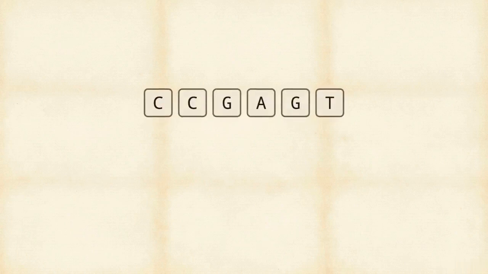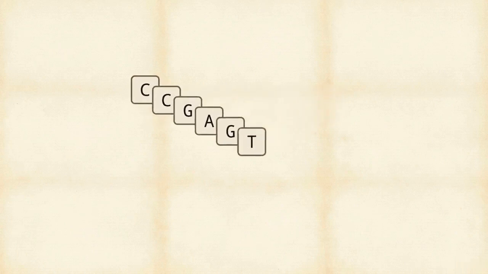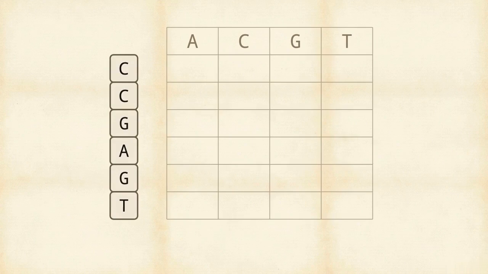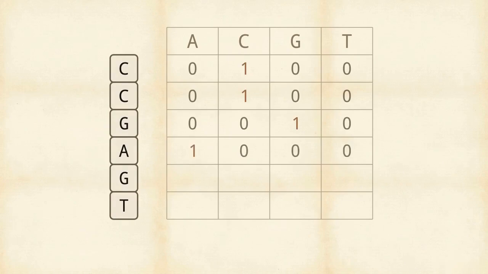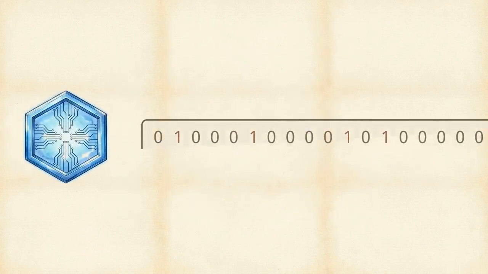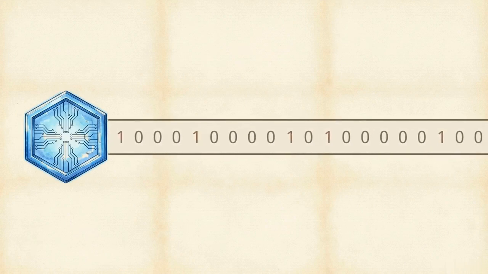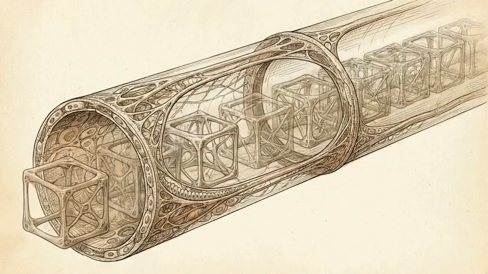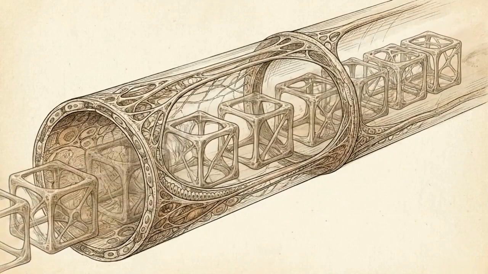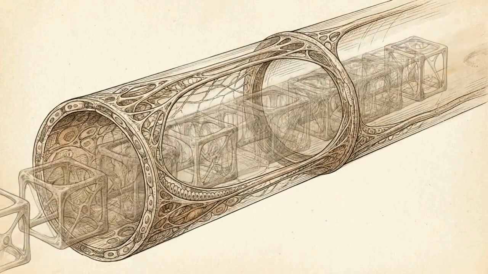This grid demonstrates the mechanical process of one-hot encoding. The single character string is expanded into 4 distinct isolated columns. The algorithm evaluates each position, placing a 1 in the active nucleotide column and zeros in the remaining 3. This effectively converts a text character into an independent true or false Boolean state. The final transformation required for inputting this data into a classifier model is flattening the 2-dimensional matrix into a continuous 1-dimensional array. This flattened Boolean array represents the exact milestone where physical, biological chemistry successfully transitions into a rigorous, machine-readable